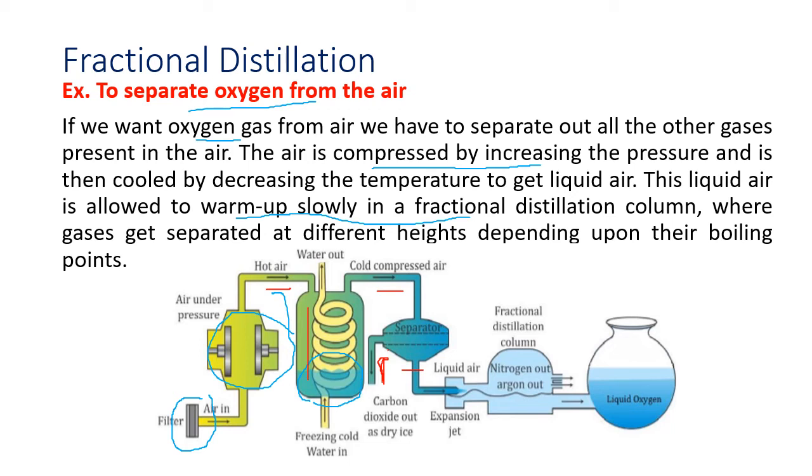You can see the different layers now. Oxygen is heavy at the bottom, argon is lighter at the top, nitrogen is lighter at the top. So they come out from the top and what remains is only the liquid oxygen. So this is how oxygen is separated from the air by fractional distillation. You first cool it well, so carbon dioxide separates out, then the high pressure liquid air is allowed to expand. When it expands, because the density of liquid oxygen is heavier, it stays at the bottom while nitrogen and argon are separated, and we get the liquid oxygen.